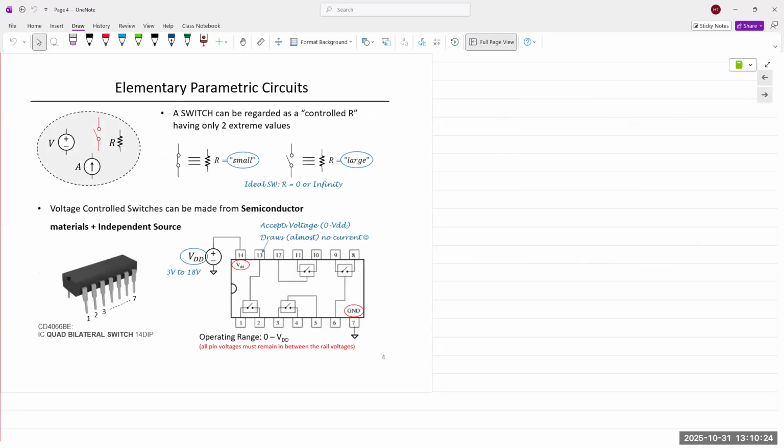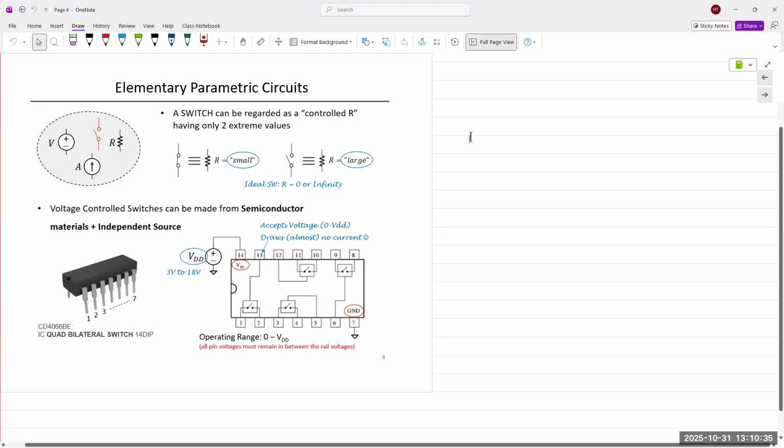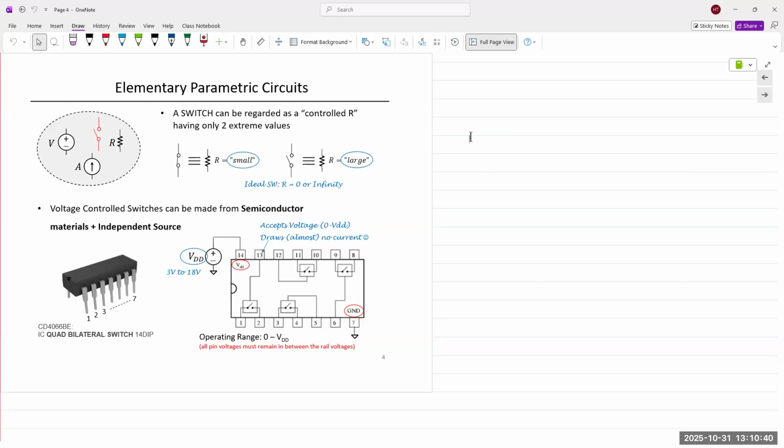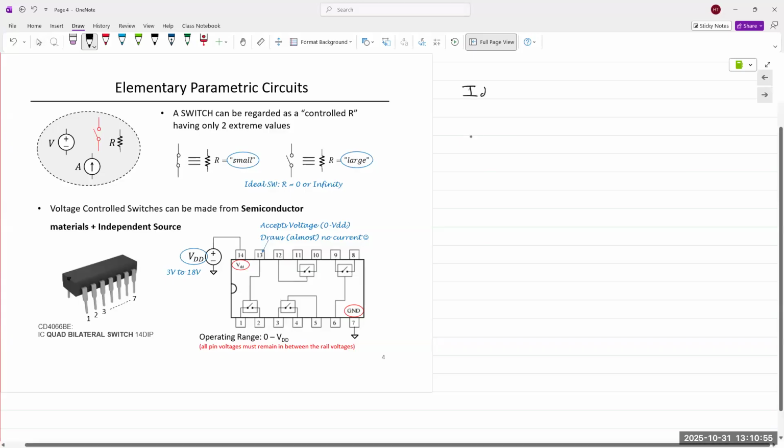All right, so continuing with the theme of elementary parametric circuits, let's talk about the concept of a switch. A switch is a binary device. It only has two states. It's either on or it's off. In terms of resistance, we can specify a switch as having two separate values. If the switch is on, meaning it's allowing current to pass through, we can say resistance R is small. For an ideal switch,